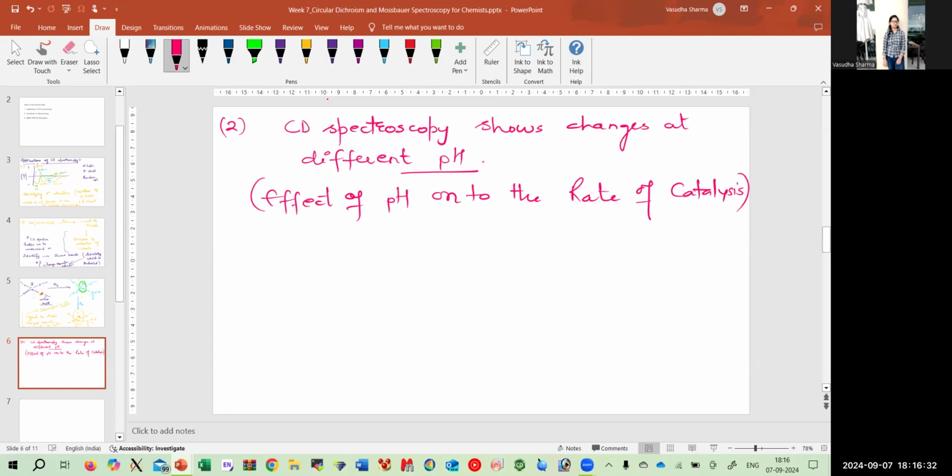So that effect can be easily seen in CD spectroscopy because the spectra does change with the change in pH. So here also we are taking a cobalt example complex where we are having